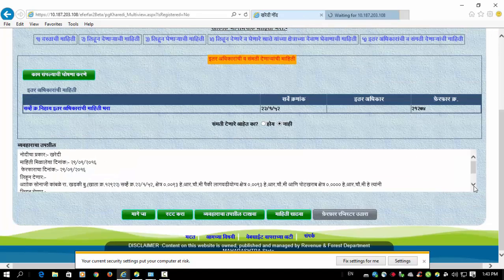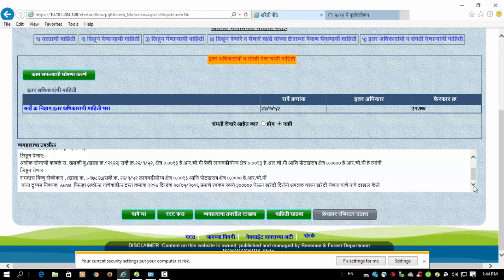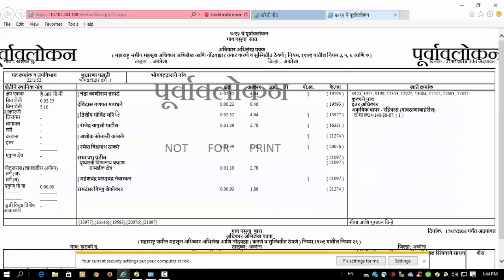The software will display whatever the transaction is there: लिहून देणारा, लिहून घेणारा, then SRO name, then SRO दस्त क्रमांक, date and the amount. Now this is a पूर्वावलोकन. In that, if the transaction we have taken is verified and okay, then we go for the next process. Otherwise we can stop here or we can cancel the process.